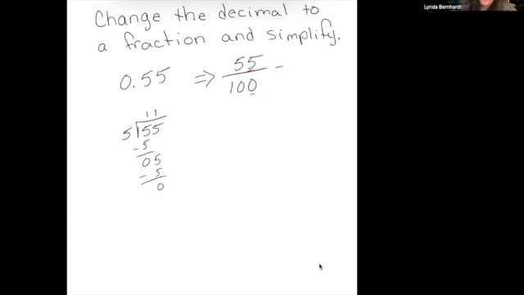So that means this would be 11. And then I'm going to do 100 divided by 5. 5 can't go into 1, but 5 can go into 10 2 times. 2 times 5 is 10. Bring the 0 down. It cannot go into that, so that's 20. So that means you can simplify it to 11 over 20. There you